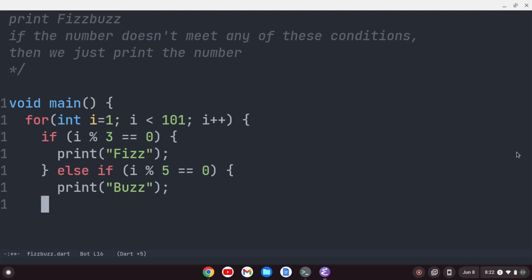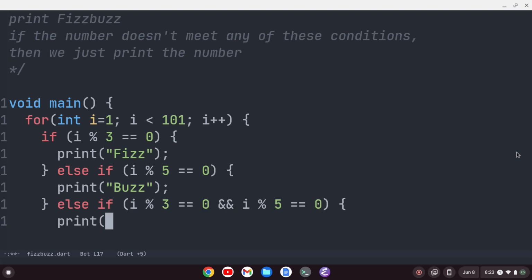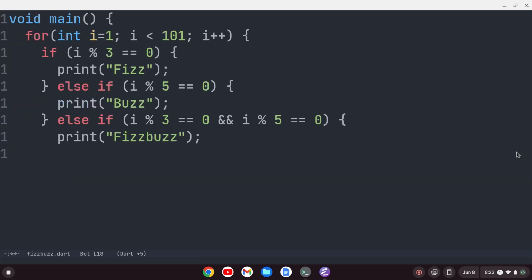Okay? We'll do another else if i modulo 3 equals 0 and, 2 ampersands there, i modulo 5 equals 0, we'll print fizzbuzz. And if it meets none of these conditions, we'll just print i. Okay, let me just go down here and close out my main,